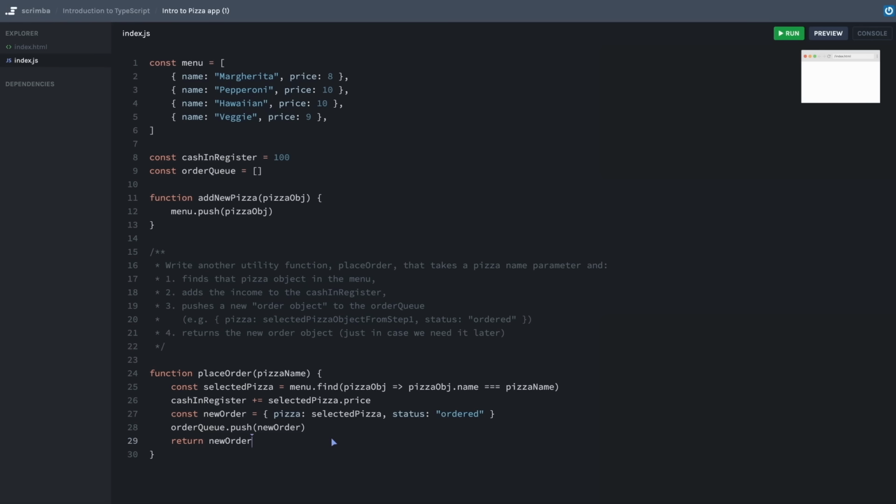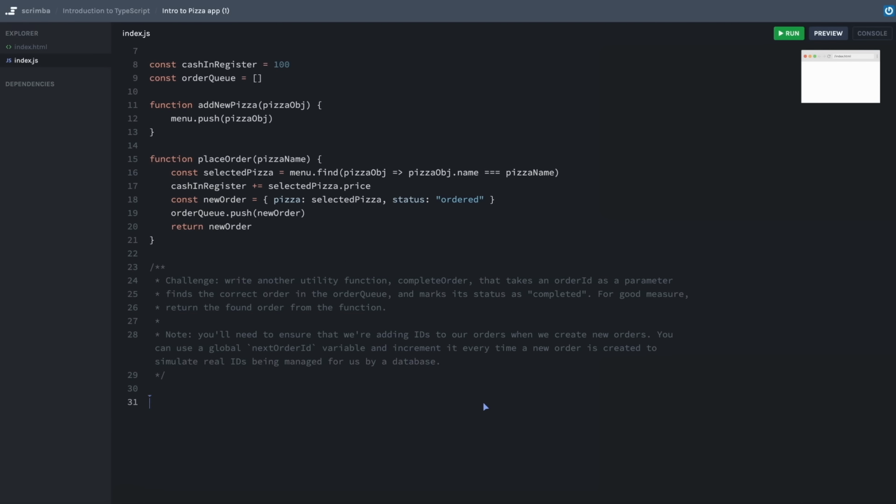Okay, one more quick challenge, and then I promise we're going to get to the point. Okay, in this challenge, we have one more utility function to write. We'll call it completeOrder. It's going to take an order ID, which will be a string, as a parameter. It will look in our orderQueue array for the order with that ID, and then simply mark its status as completed instead of ordered. And then for good measure, just like we did with placeOrder, we'll return the found order